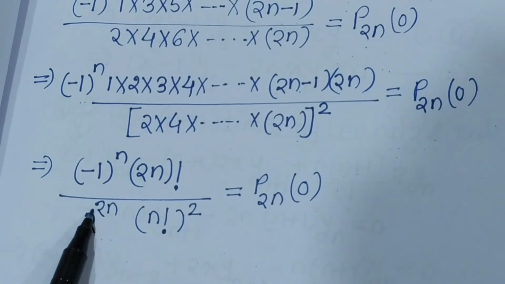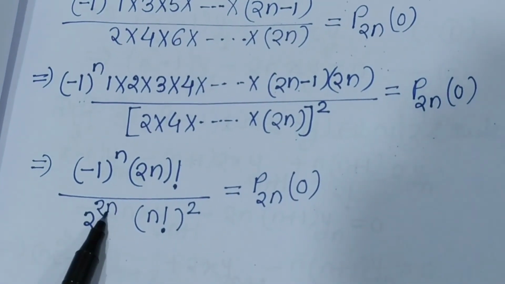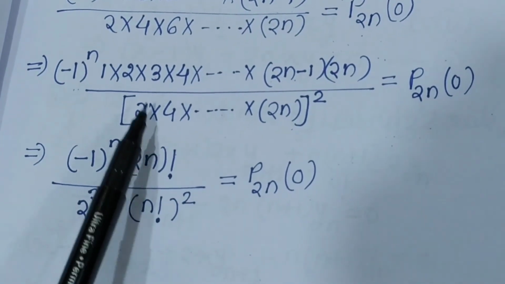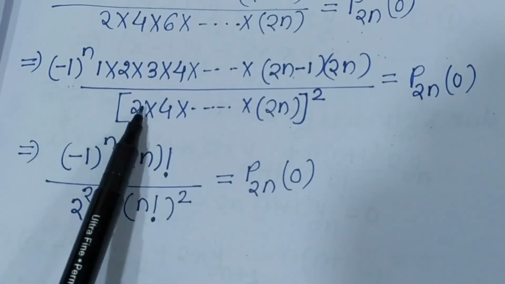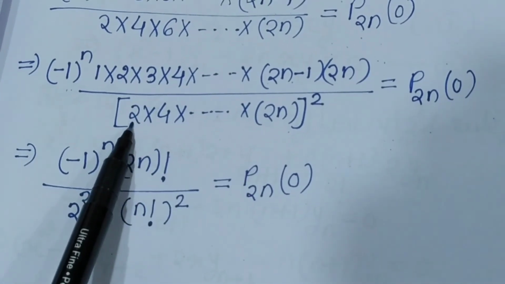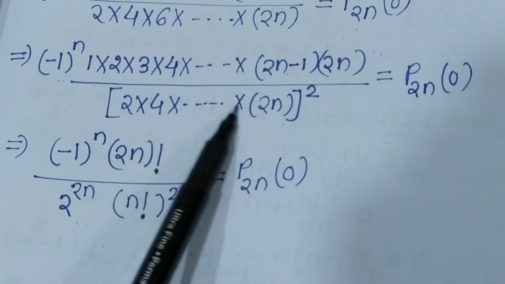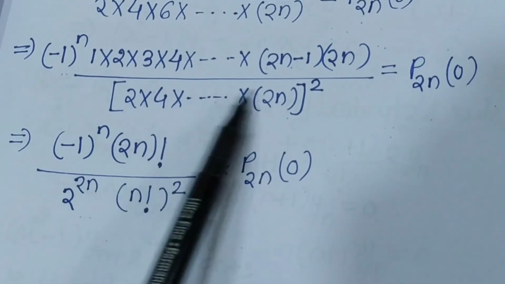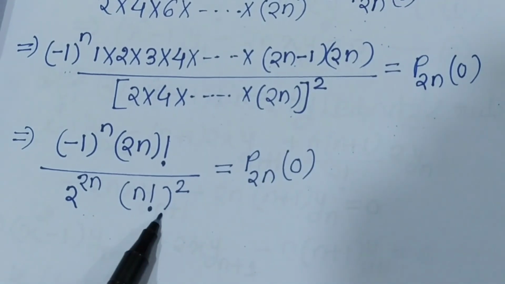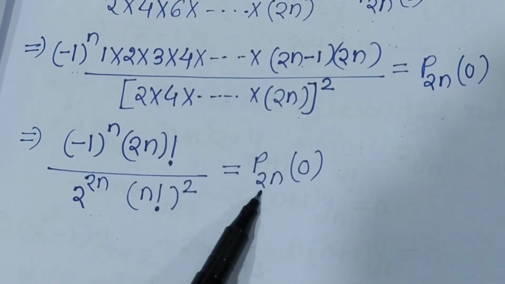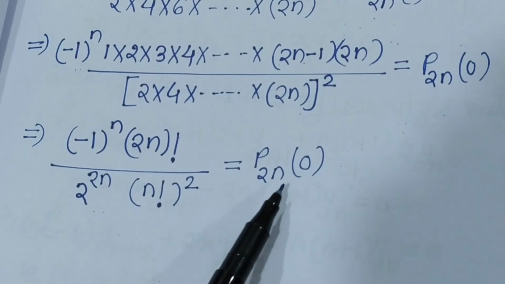So it is 2 raised to 2n common. Now what is left here? When we take 2 common from each term, we have 1, 2 up to n. So 1 into 2 up to n is nothing but n factorial, and the square of that is left, is equal to P2n of 0. Like this we get